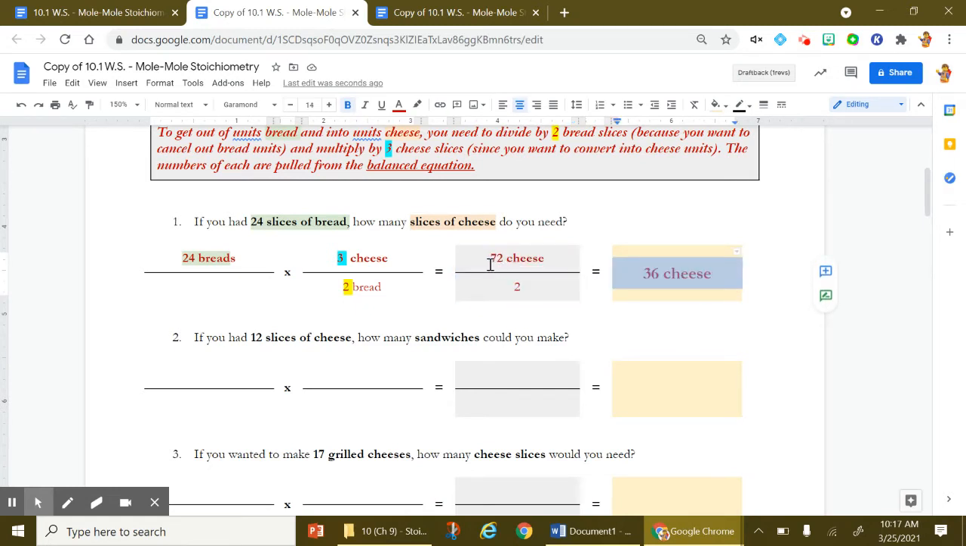To make it a bit more detailed, okay? But you can just put your answer in here. Once you see that it's just 24 slices of bread times 3/2, you can plug that into your calculator and get 36 slices of cheese. This doesn't seem that hard, but again,